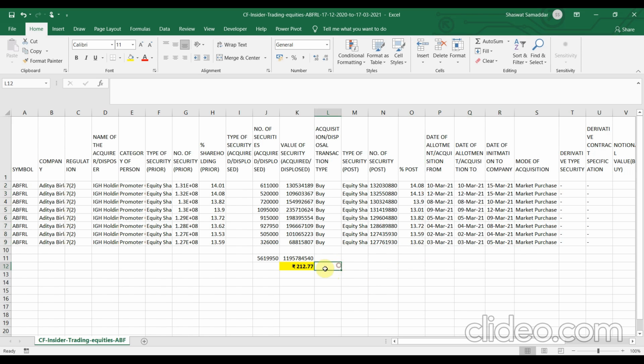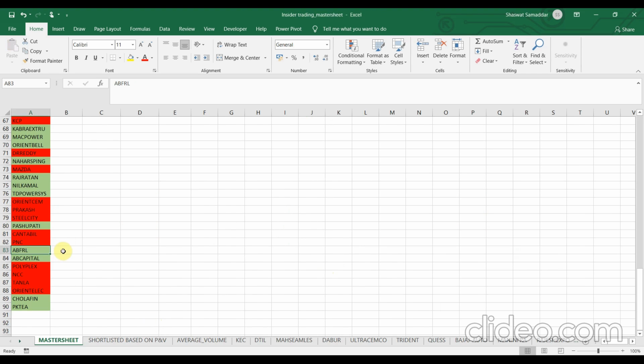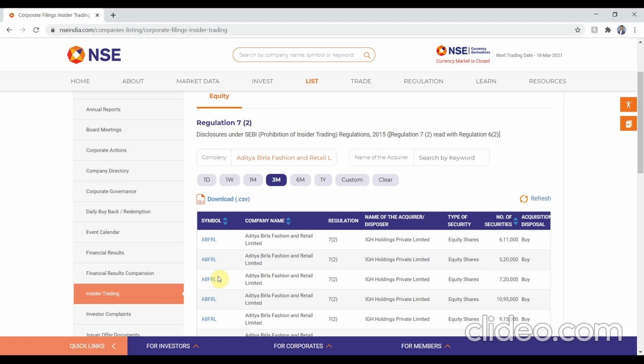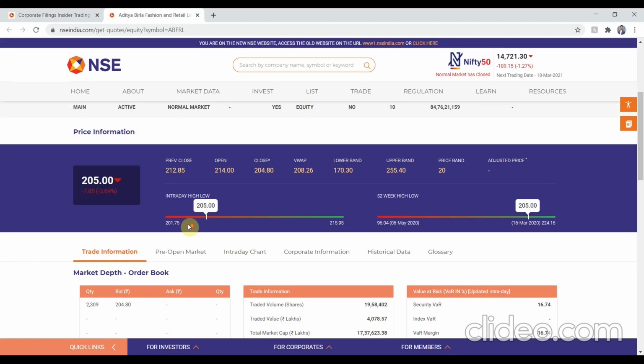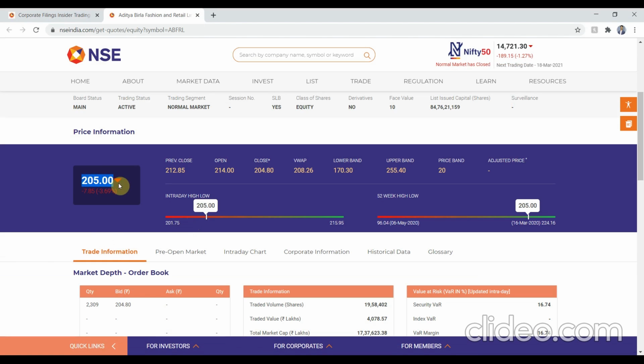So 212.77 rupees. Let me just write it down. ABFRL, 212.77 rupees. Next one is AB Capital. So I'll copy this. Before moving to that, let's click on the symbol ABFRL and see the price at which it is currently trading. So it's currently trading at